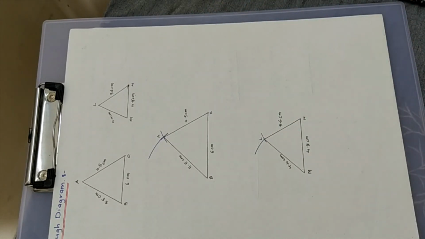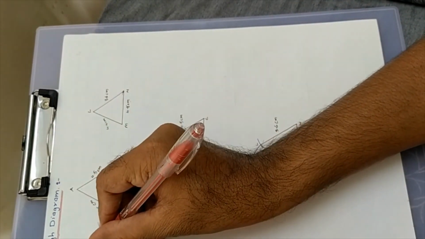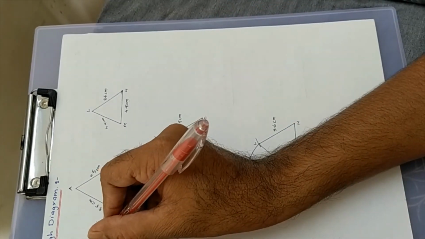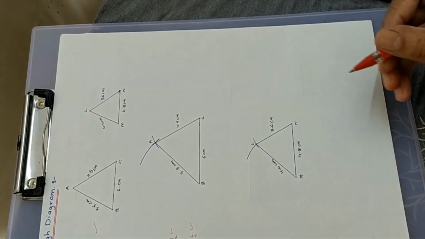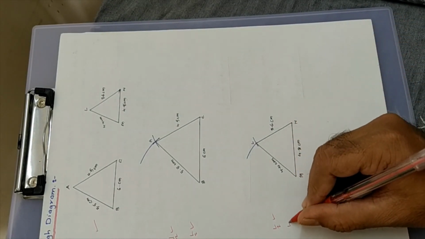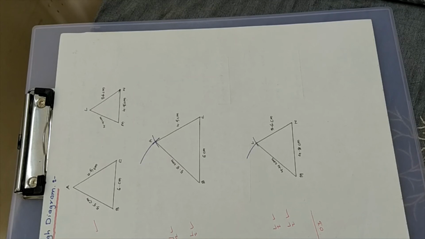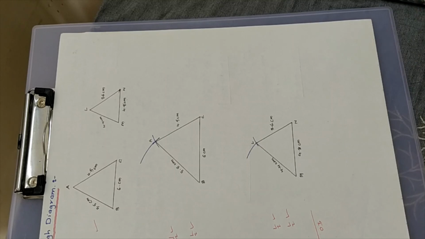Okay, now I will give you the marking scheme. For the rough diagram you will get 1 mark. Now for drawing the diagram with the proper measurements and scale, the marks distribution will be half mark for the dimensions and half mark for drawing the proper triangle. Here also you will get half mark for the dimensions and half mark to complete the triangle. So like this you will get 3 marks in your exam. Okay, if it comes for 4 marks, then the marks will vary. So like this you have to complete the diagram and you will get 4 out of 4, because this is the topic where you are going to score maximum. Thank you.